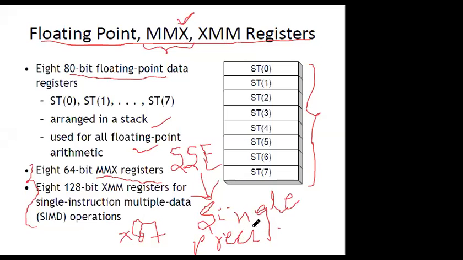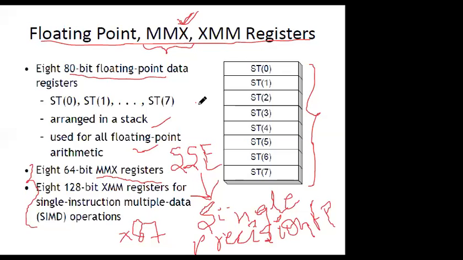You may write it down as I am dictating it. It works on single precision floating point data. So the use of MMX and XMM registers, apart from general purpose registers, stack segment, and EIP, etc., is just to increase the capacity of the processor to deal with floating point number operations and integers.